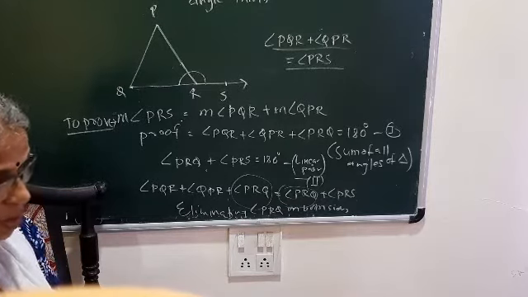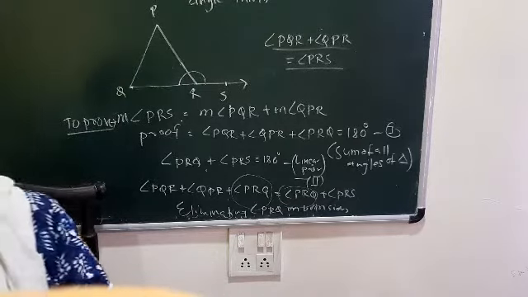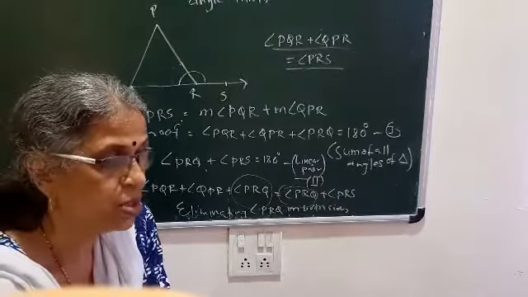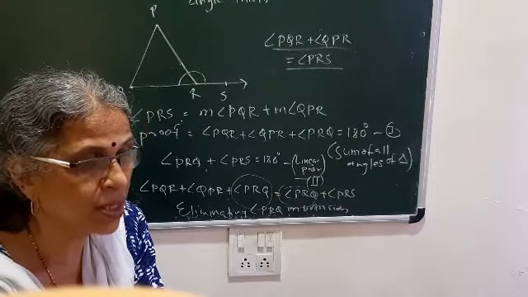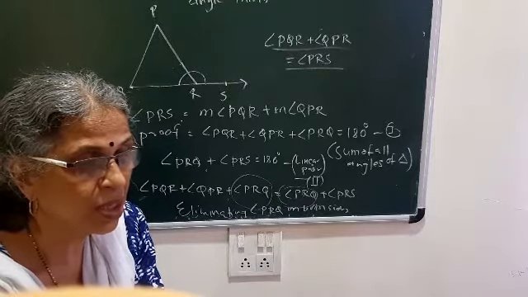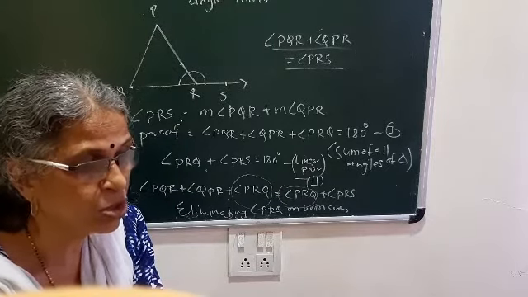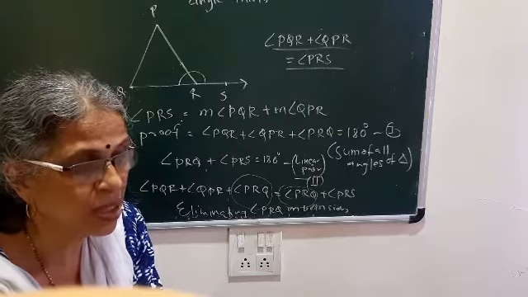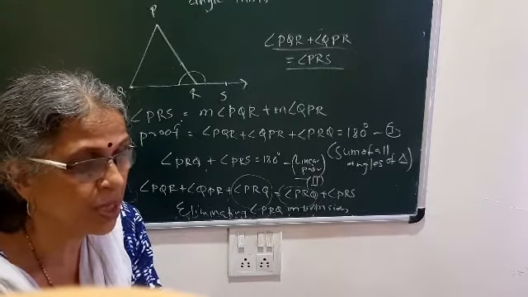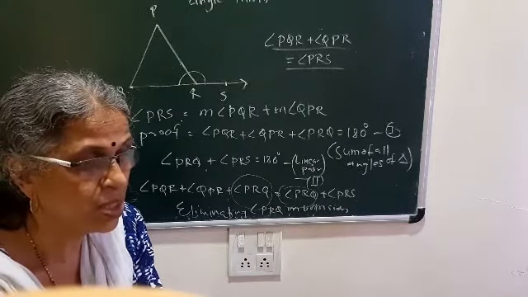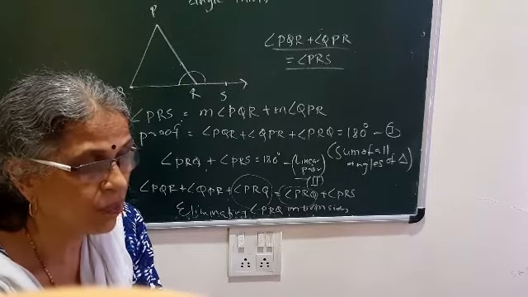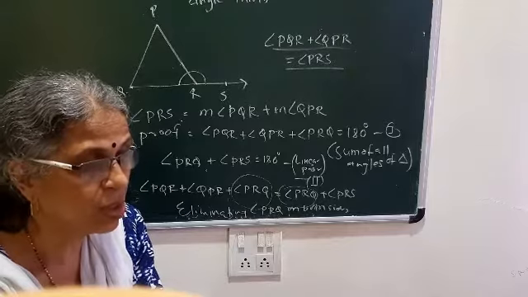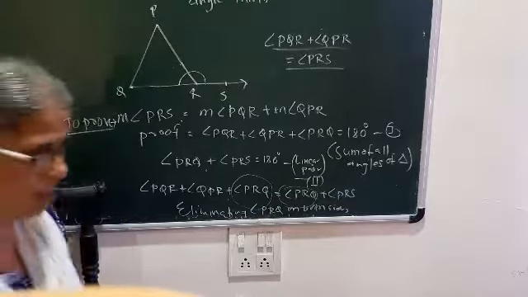So they have shown again a triangle PQR with angle PRS as an exterior angle. So the sum of two positive numbers A and B, that is A plus B, is greater than A and greater than B also. That is, A plus B is greater than A and A plus B is greater than B. Using this inequality, we get one property related to the exterior angle of the triangle. So this is known as the exterior angle theorem.